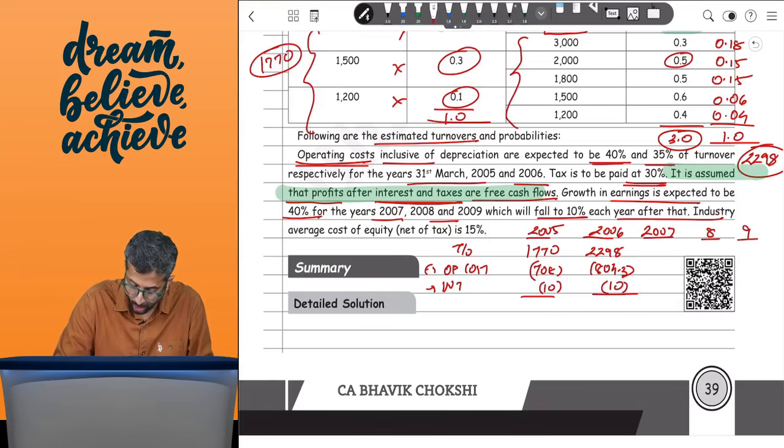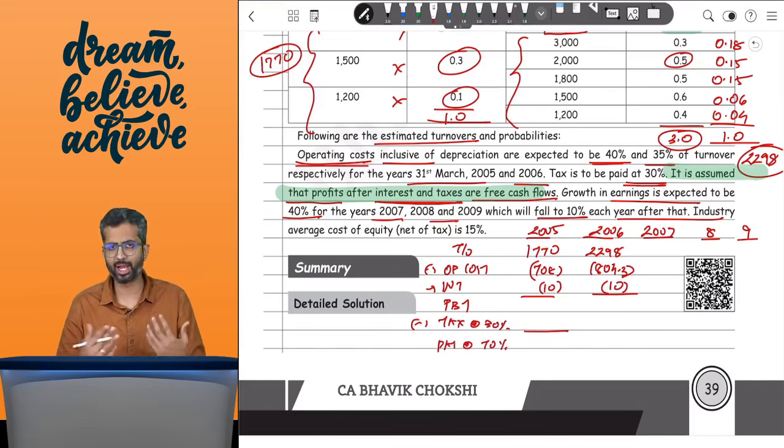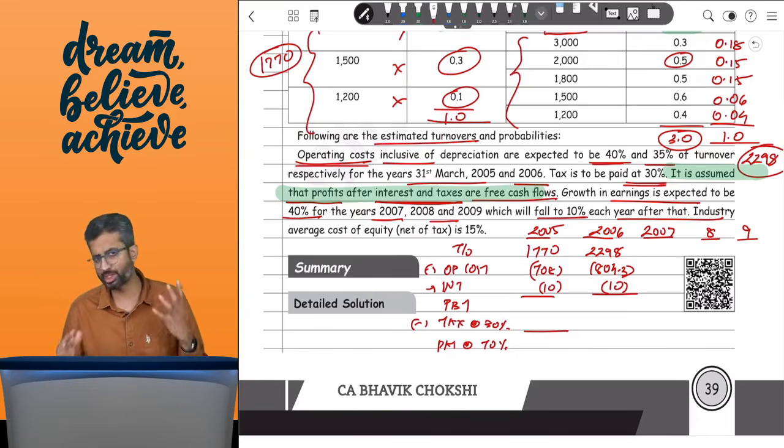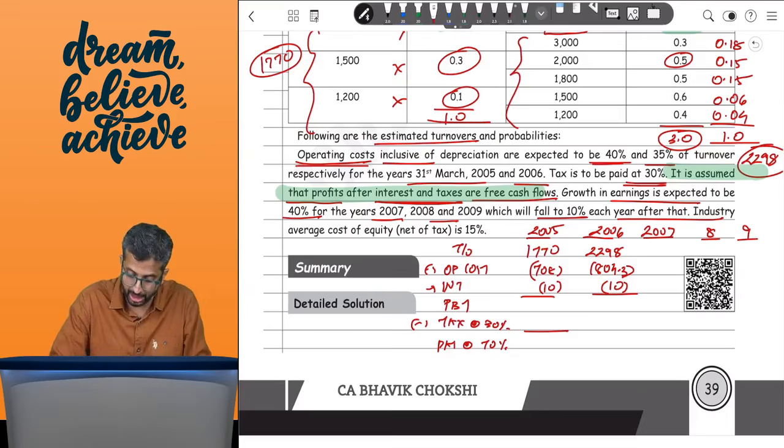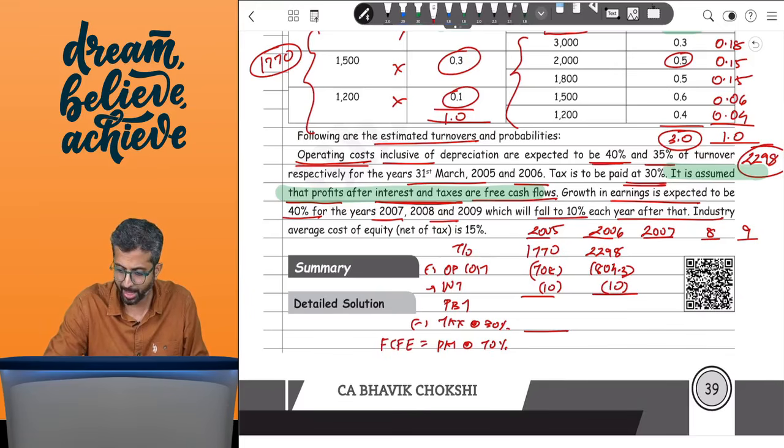So what you will try to do is, you will find the profit before tax. From this you will subtract tax at the rate of 30% to get PAT. Now usually to PAT you add back depreciation, subtract, let us say, fixed asset investment like capex, subtract working capital investment, net borrowings, etc. to come to FCFE. But the question very clearly tells you that PAT over here will equal FCFE for simplification, and hence whatever is the PAT you get, let's say 1770 minus, let us say, these numbers, you get 1052 minus 30%. I think this is